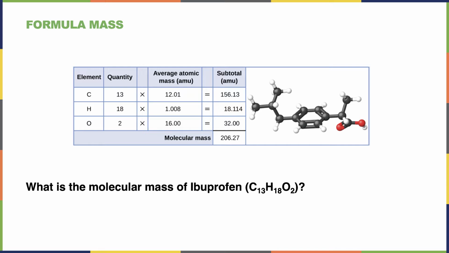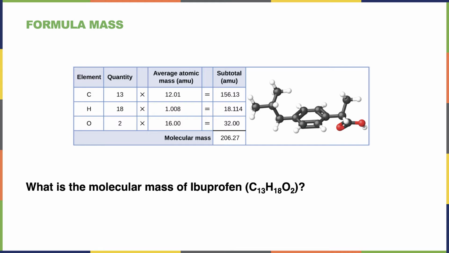The average atomic mass for carbon is 12.01. The average atomic mass for hydrogen is 1.008. The average atomic mass for oxygen is 16. 2 times 16 is 32. 18 times 1.008 is 18.114. And 12.01 times 13 is